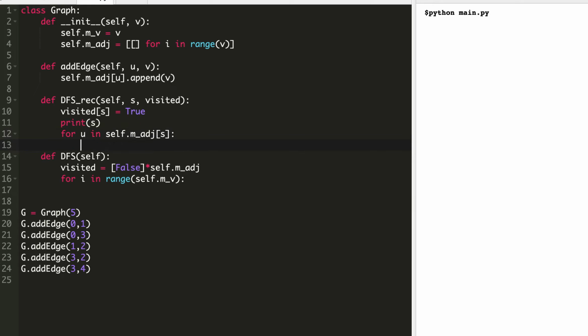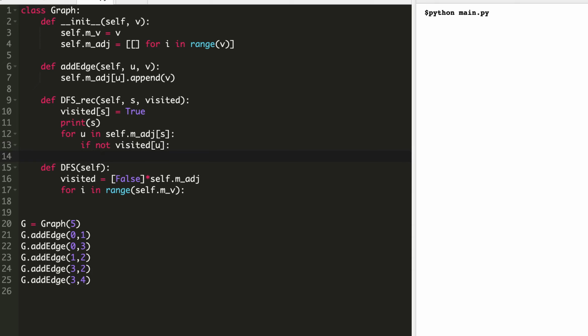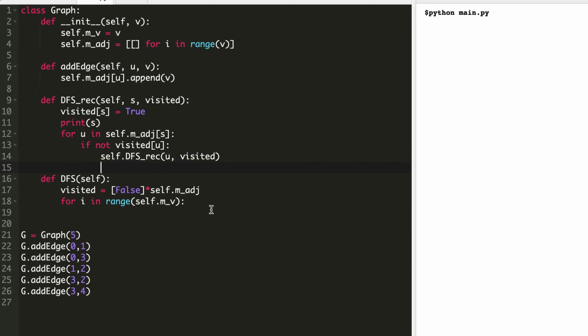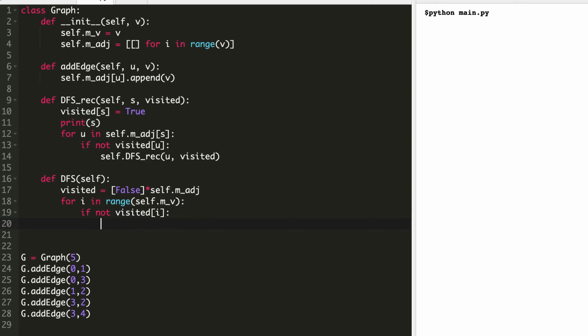All the neighbors of s, if not visited u, if the neighbor is not visited, then again start DFS, recursively call this DFS from u. And that's it. And here we will check if not visited i, then